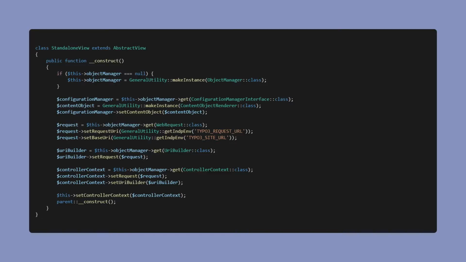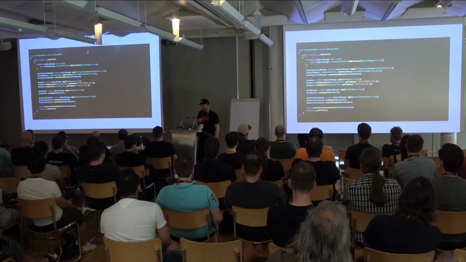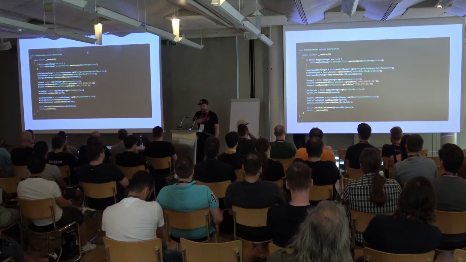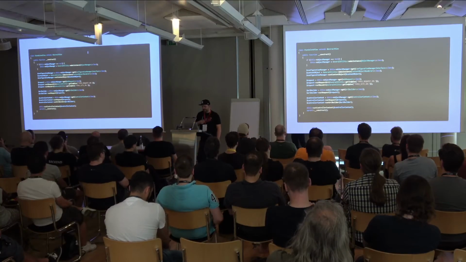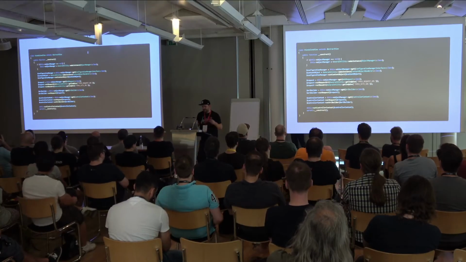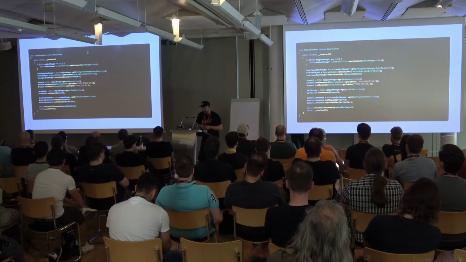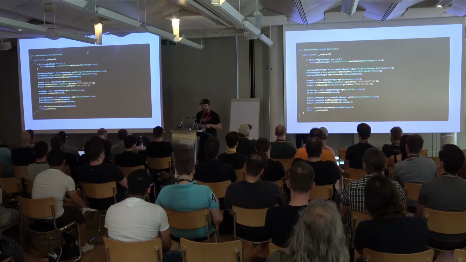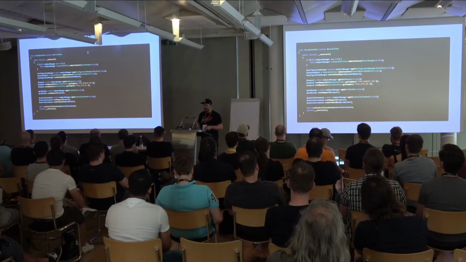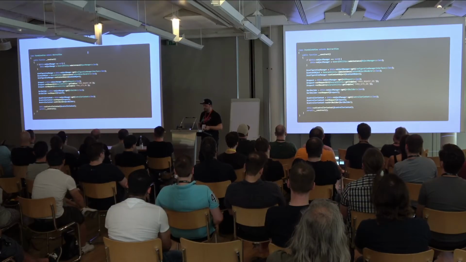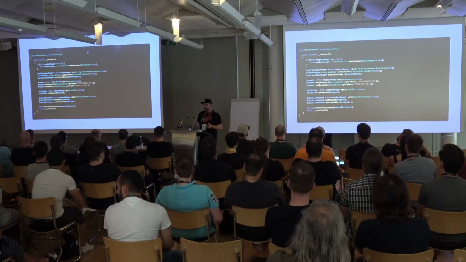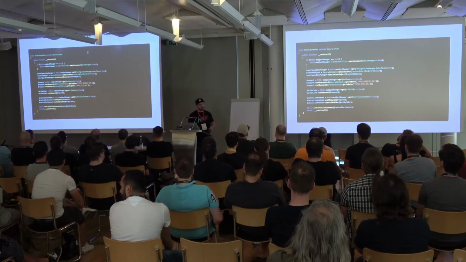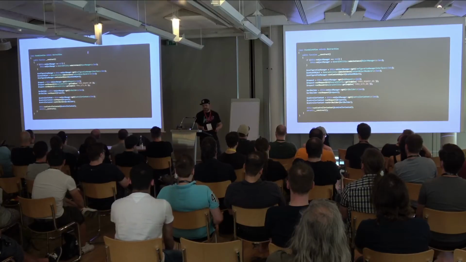Since TypoScript doesn't give us one, we will build our own. That basically means we will pull up the current configuration manager interface, build a new content object renderer, and set the current content object to the view itself to be used later. We will take the web request we currently have and enhance it so URIs can be built later on. We will pre-configure the URI builder, so it also has an idea where we're currently in the system,